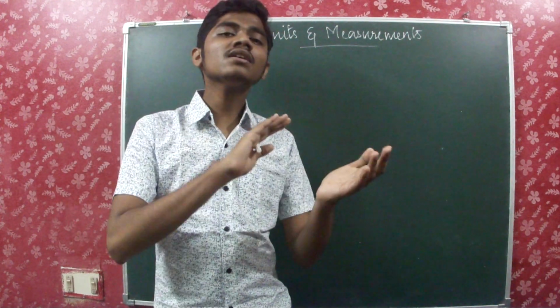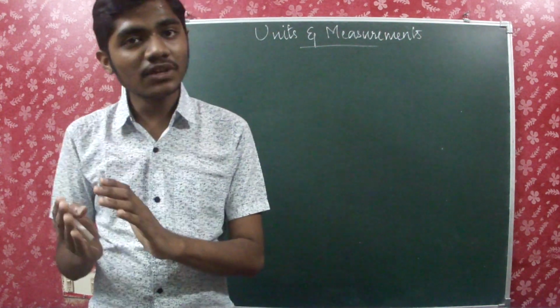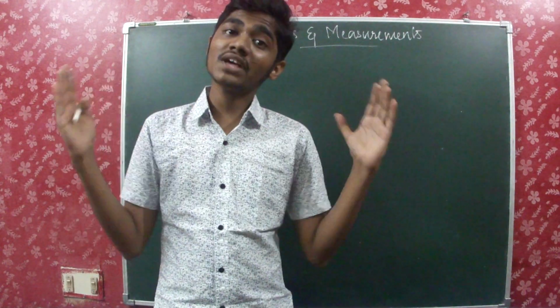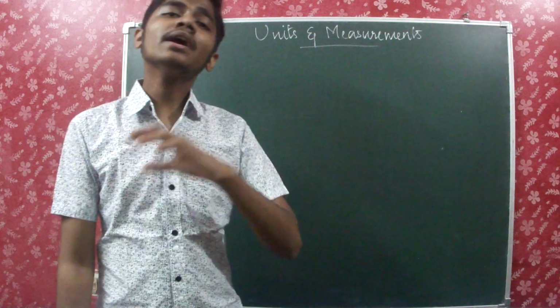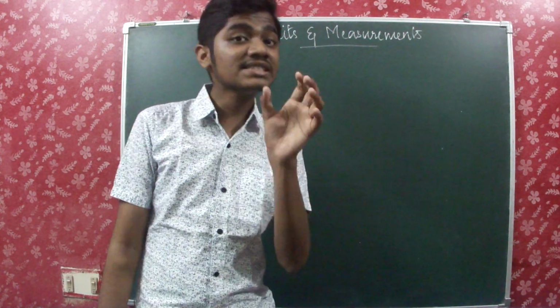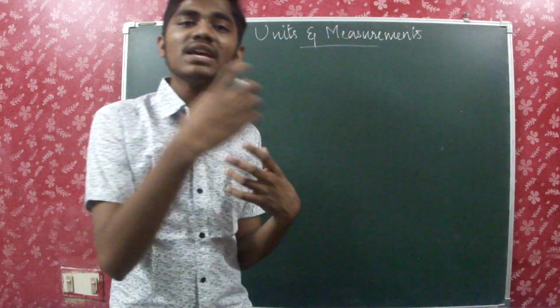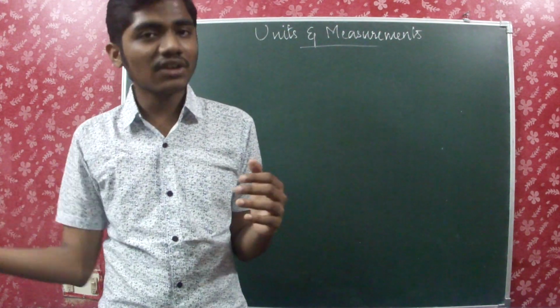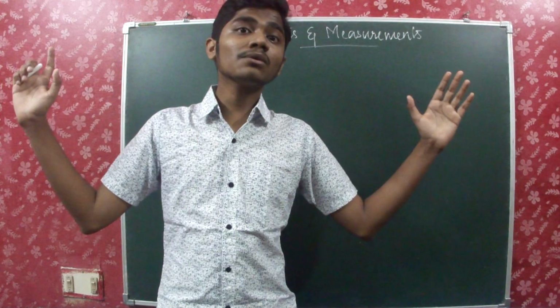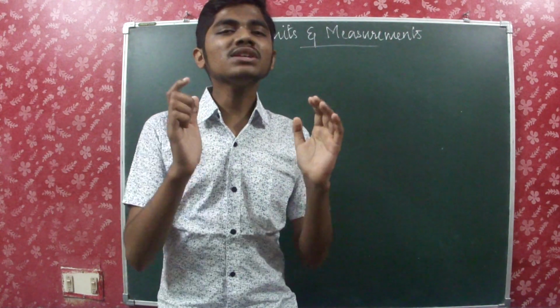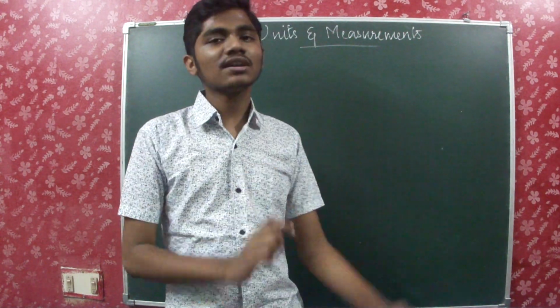So for all the physical quantities we have specific units, but the physical quantities are very wide, whereas the units are not as wide as physical quantities, because a lot of physical quantities have the same unit. Or we can derive units from basic units. We can derive the units for several physical quantities. So the physical quantities are very large in number, but the units are not as large.